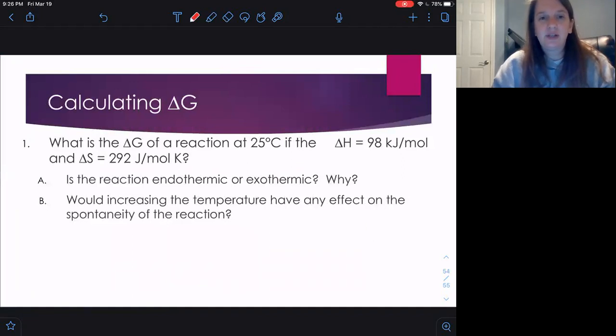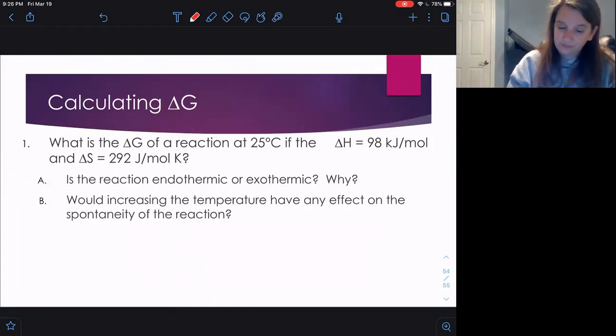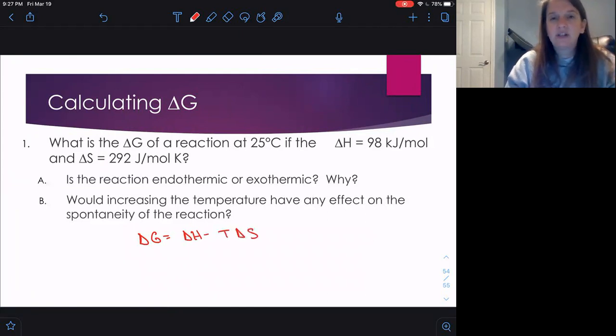So when we look at this question here, what is the delta G of a reaction at 25 degrees Celsius if the delta H is 98 and the delta S, excuse me, is 292? So again, delta G is delta H minus T delta S. We have to convert our delta S, our entropy, into kilojoules by moving our decimal point 3 times to the left. So delta G is going to equal 98 kilojoules minus, we had to add 273, so this is going to be 298 Kelvin,